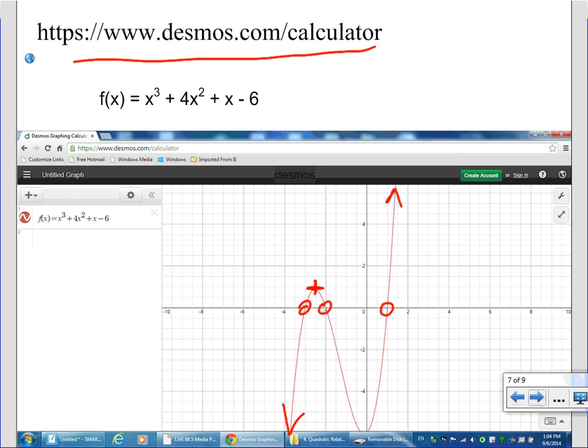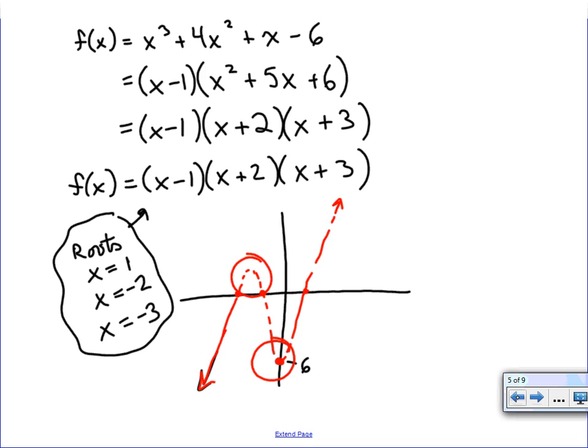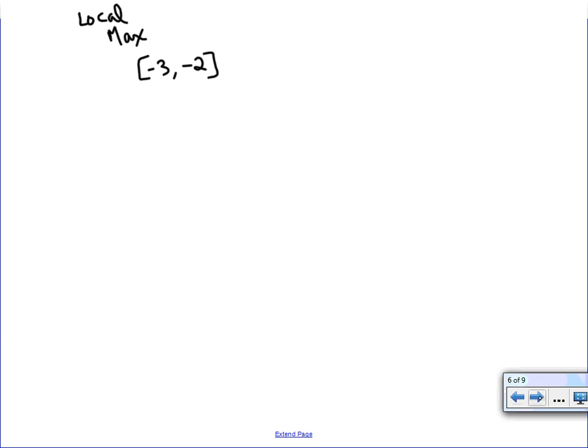A lot of students like to not just sketch it, they like to find an actual maximum point. Here's how we find this maximum point. Notice that the maximum, I'm going to call this a local maximum. It's just a little wee top of the hill. It falls in between, what are my roots? Negative 3 and negative 2. So sort of halfway in between, this. This is represented